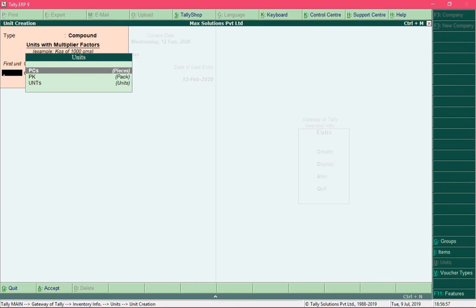So this is how you create a compound unit, which is a combination of 2 units. In order to define a compound unit, you need to have the units defined first from which you want to define the compound unit. That is why I created the unit called pack first, so that I can define pack of 3 pieces.